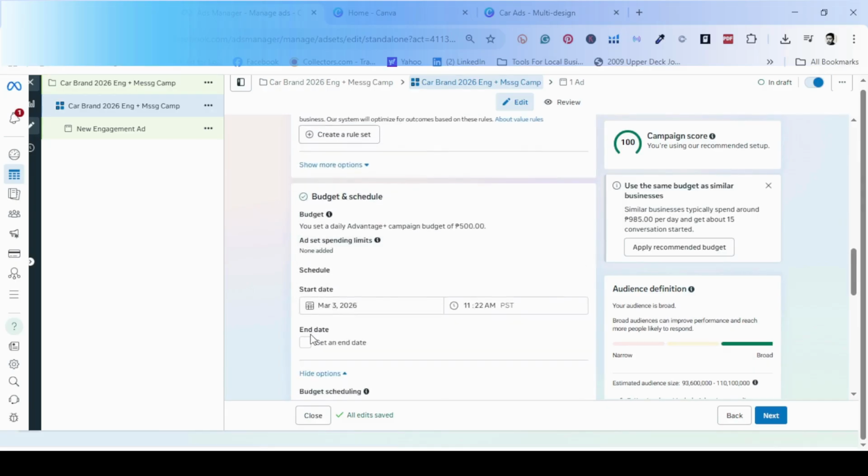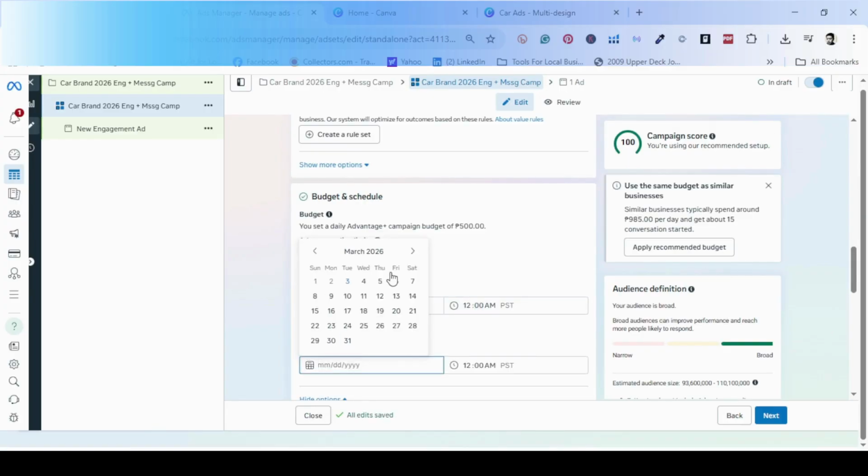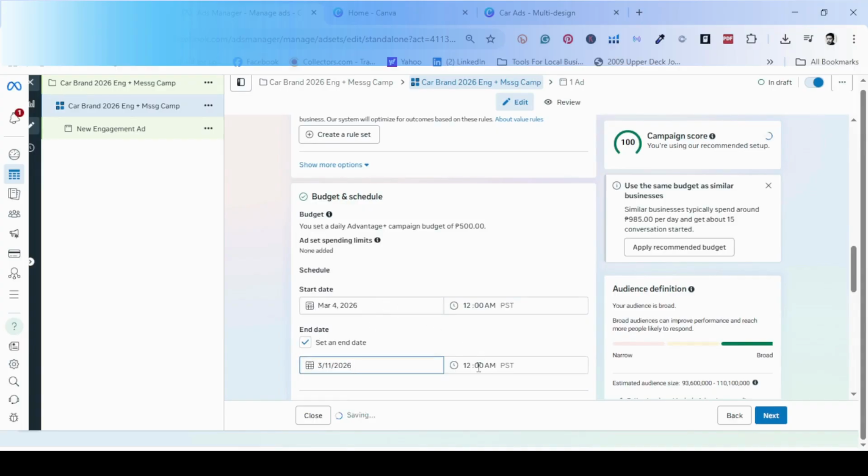Budget and schedule, we're done with the budget in CBO. Its campaign objective is 500 pesos. You start your campaign on the following day, always. Start around 12 a.m. Set your end date. So we are going to run our ad campaigns for 7 days. And in the evening,